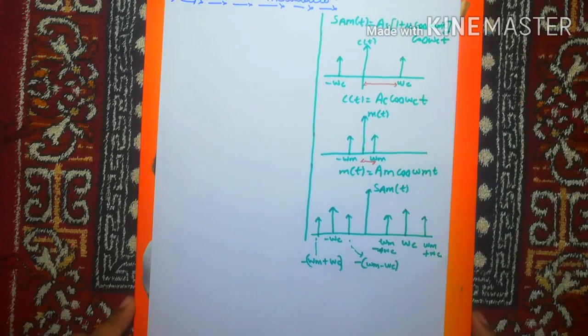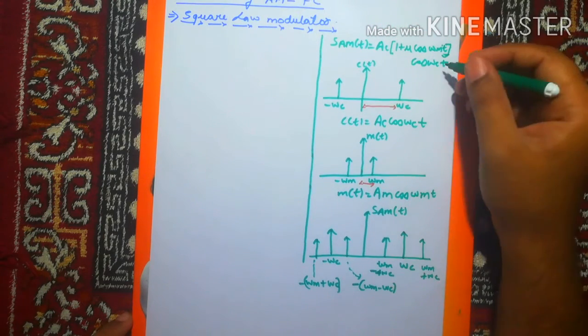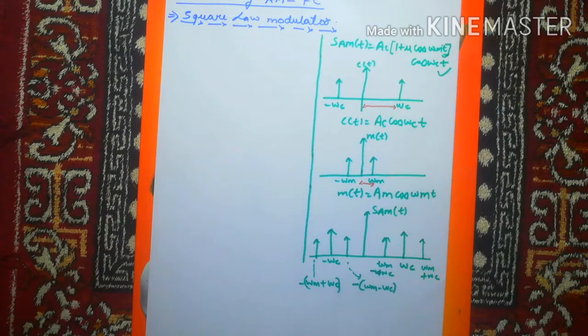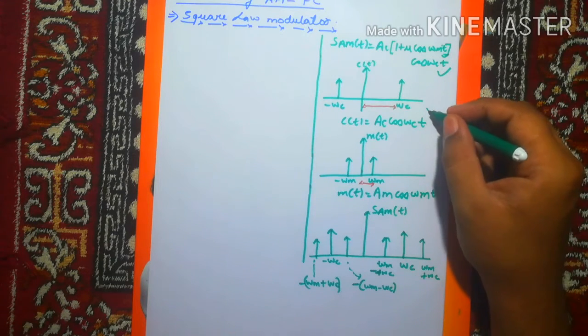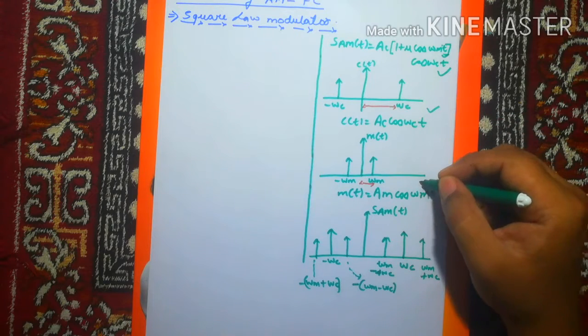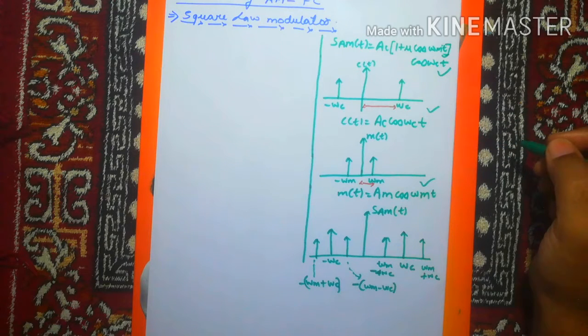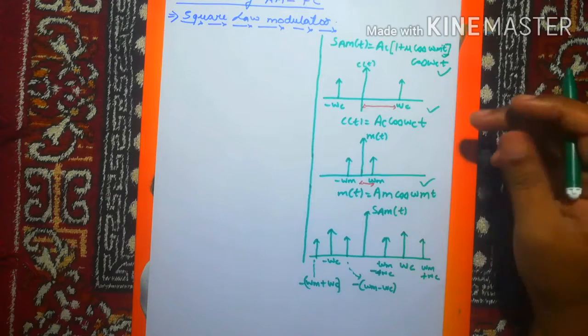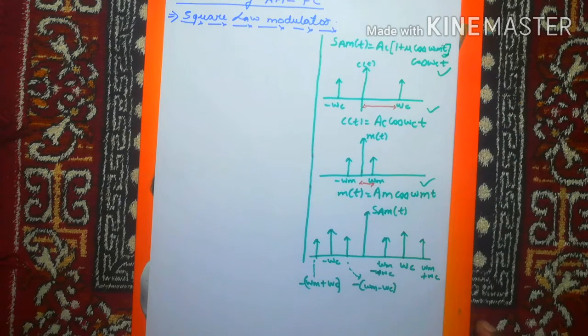So what we have done here is write the general equation for amplitude modulation with full carrier. We also drew the frequency spectrum of the carrier signal and the corresponding frequency spectrum of the modulating or message signal. Then we convolved these two signals and got the amplitude modulated signal. This AM signal has the frequency components omega c, omega m plus omega c, and omega m minus omega c. How to draw a frequency spectrum, I have discussed in my past class. Now we are moving towards the square law modulator.